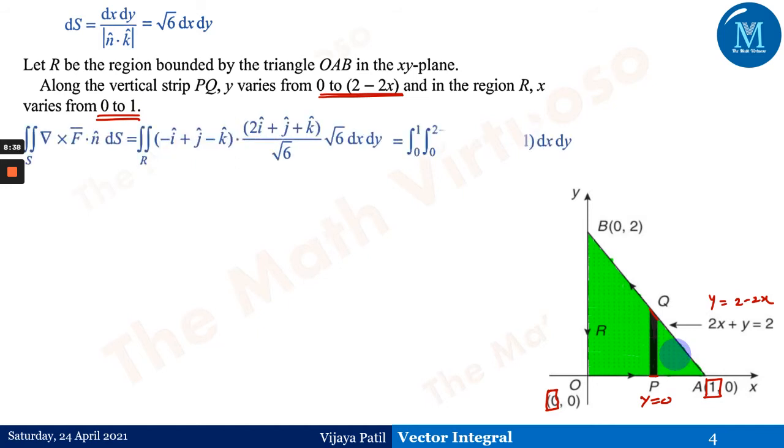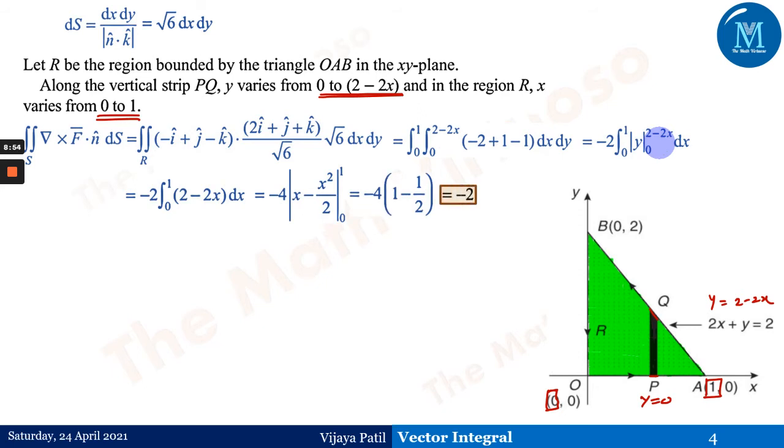And if you solve this particular integral using the integrals I am asking you to do, we'll be getting something like this here, right? That is what we have just written here. We just have to find the double integral of this kind, and we will be getting the answer as minus 2. But this is just one side of this, right?